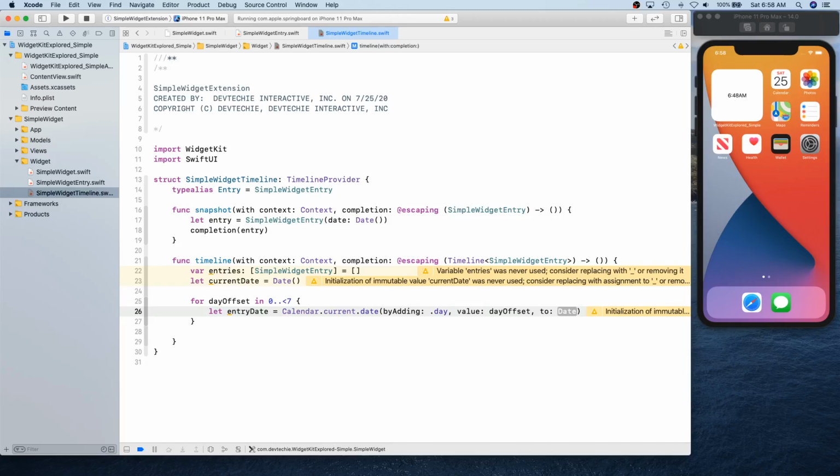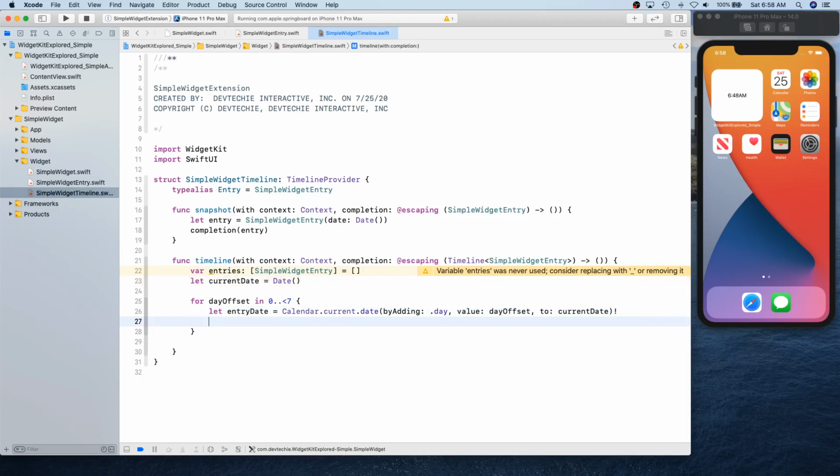So today, next day, so 1, 2, 3, like that. So the 0th day is gonna start today. And then we're gonna say current date. I'm gonna force unwrap this. That is fine. That value is never gonna be nil, but if you feel unsafe about it, go ahead and unwrap it with if let or something.